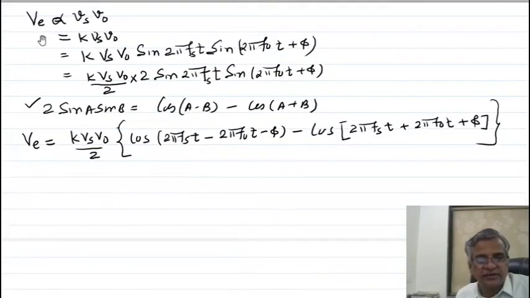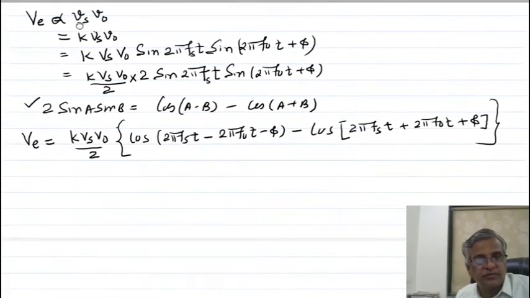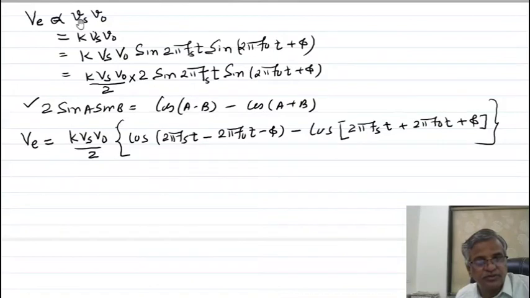The phase detector is a multiplier which multiplies two signals, one is the input signal, second is the signal from the VCO. The output is proportional to these two, with an attenuation constant, or you can say the phase detector gain, that I have written. Then this is multiplication and division, a trigonometric property I have used. So you get this equation of the output voltage of the phase detector.